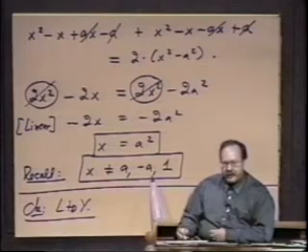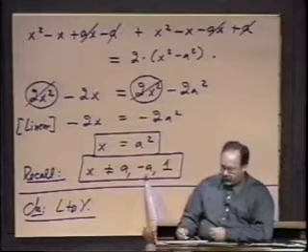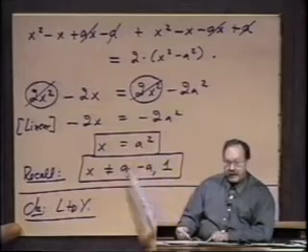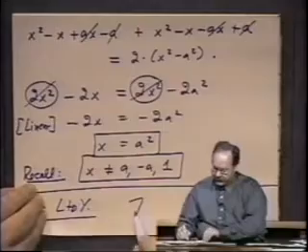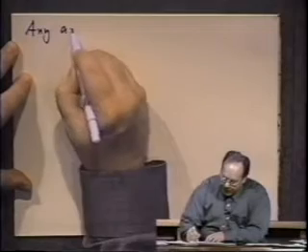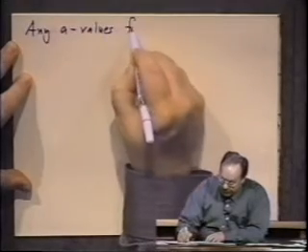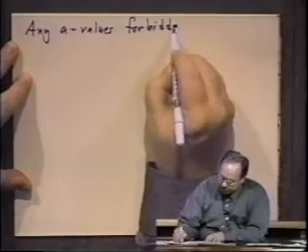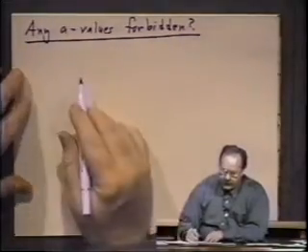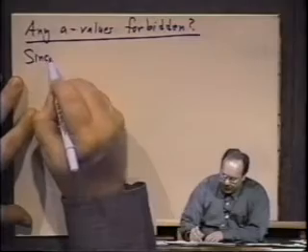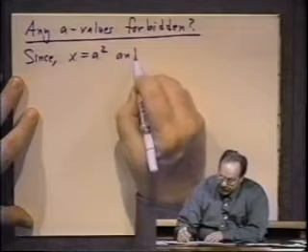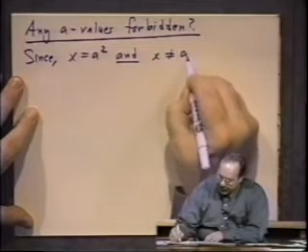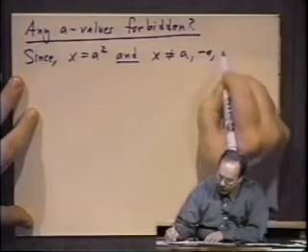Now the question is, are there any values of a that are forbidden? Well, let's see. x must be a squared, but x cannot be any of these things. So let us find out if we can answer the second question. Any a values forbidden? That was the question. Well, let me write out what I had on the previous page. Since x equals a squared is the solution, and it must also be true that x is not equal to a, minus a, or 1,